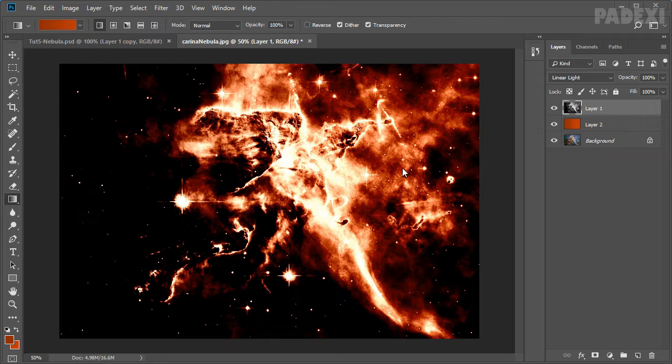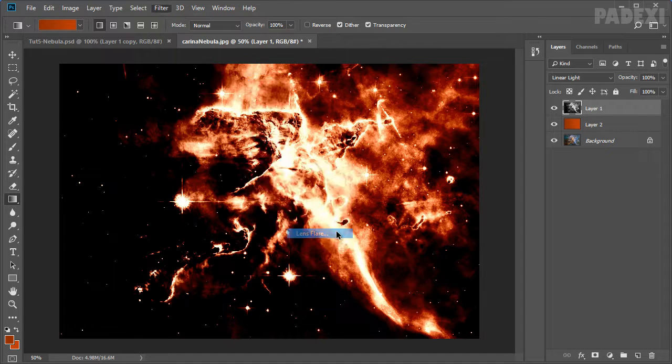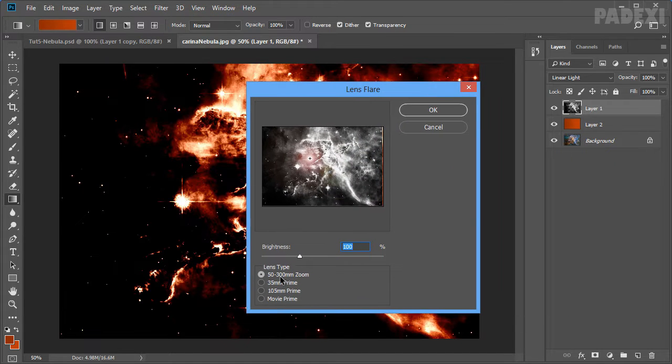Okay, next we need to apply the lens flare filter. So go to filter, render, lens flare. Make sure that the first option is selected here. Change brightness to 158 and place the hotspot somewhere here. Okay, and press OK.